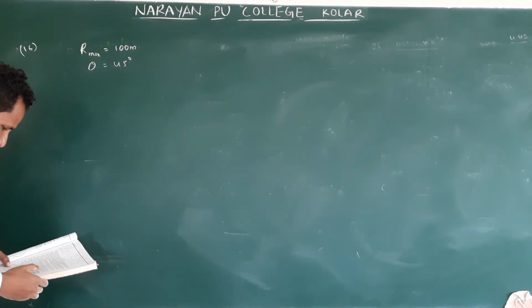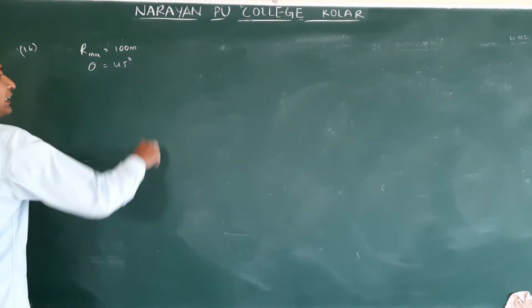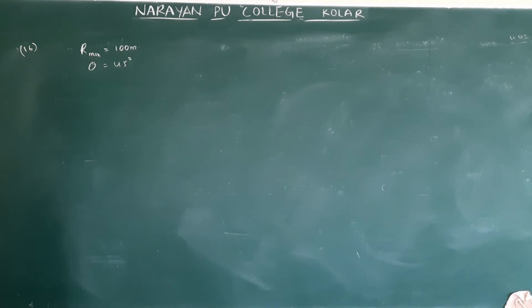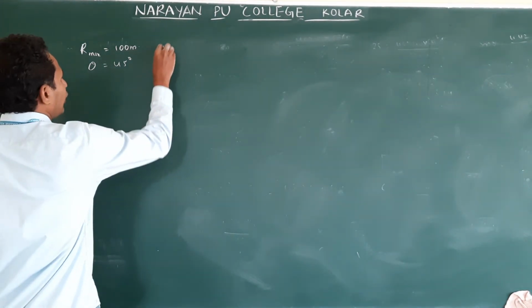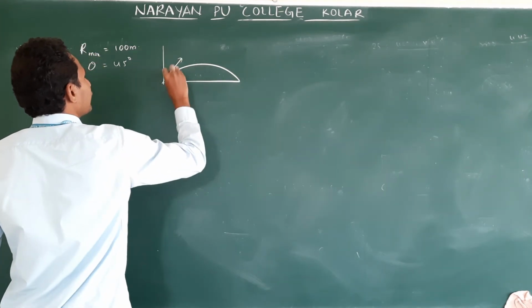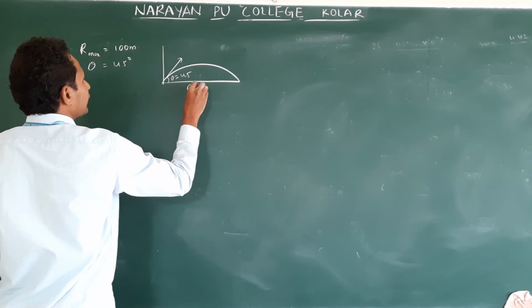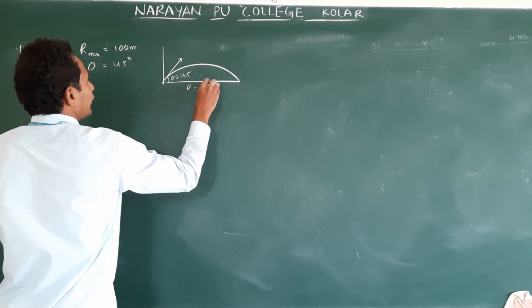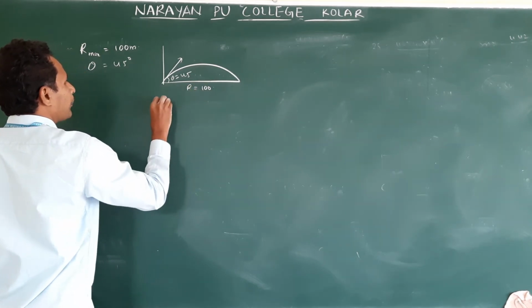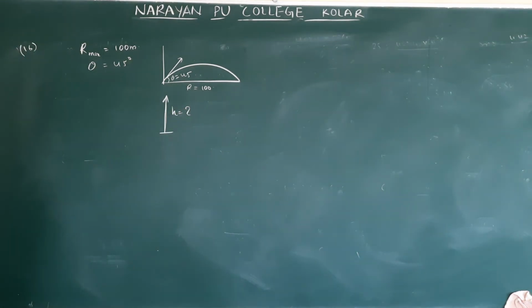Here the question is, how much high above the ground can the cricketer throw the ball? If he throws it exactly, what height can it reach? Understand? Now the situation is like this. Theta is 45 and R is 100. The same stone, if you throw vertically up, what is the height raised by the object? Clear?